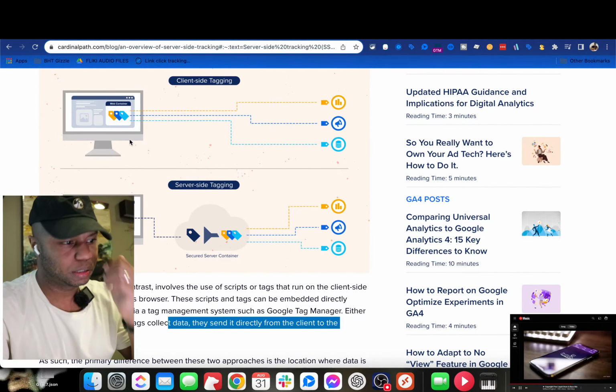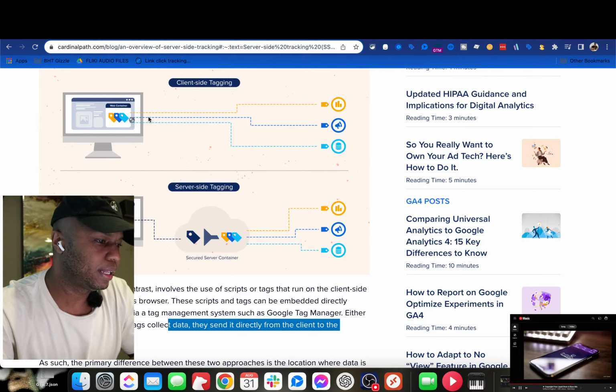So it happens on the page, sends it over to Google Analytics, sends it over to Facebook, sends it over to, I guess that's a representation of the server itself. Or you could do server-side tagging, which means we have everything living on the server itself. And this is represented as a cloud. So this would be a cloud server, basically. And it happens there. Then it gets filtered from what information we want to send, depending on which platform it is. So I could send certain stuff to,